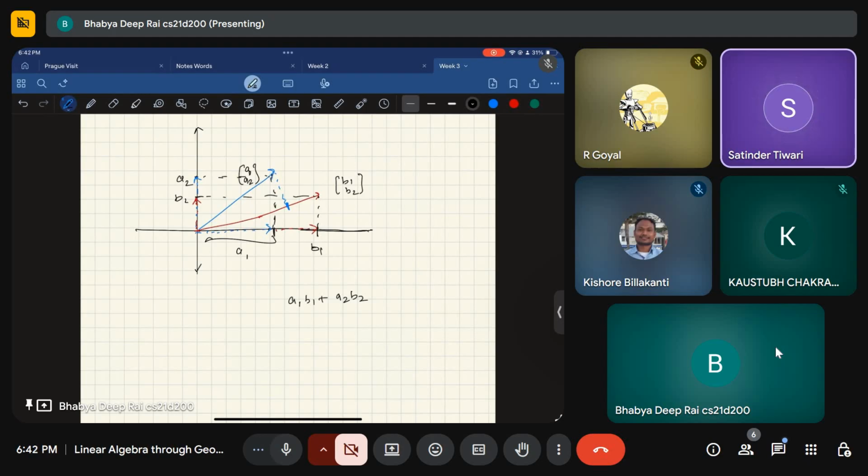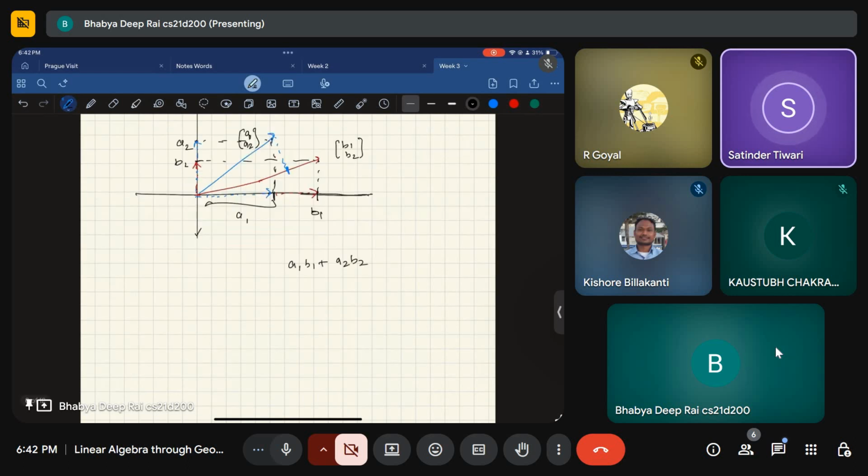Ultimately it comes out to be this only. You can't interpret it further geometrically. There must be some geometrical significance for this. The two different vectors, v1, v2, and u1, u2, must somehow be related. We have to go in depth, only then can we come to know why it is happening.